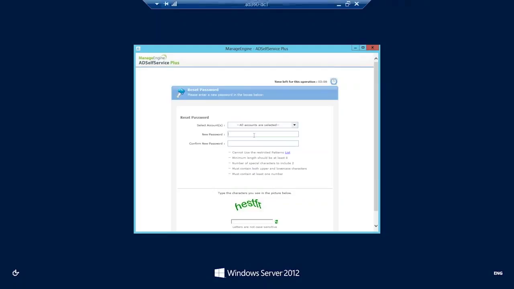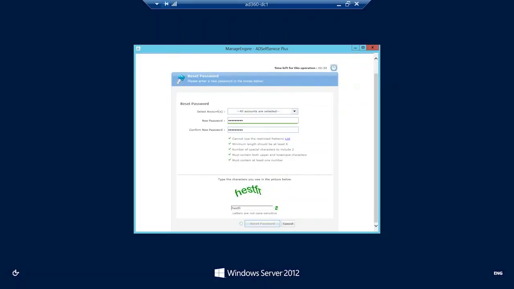I'm going to give it as role at 123 hash. Right now, if you see, the password strength is green, and I'm going to give that role at 123 $, and let me enter the HES TFR, which is the captcha, and once I hit reset password, it will reset the password for both the accounts,